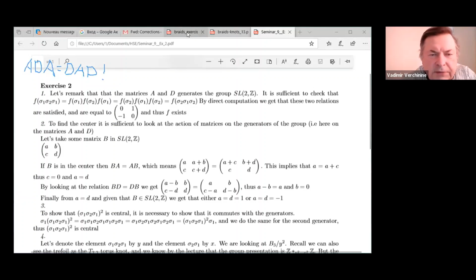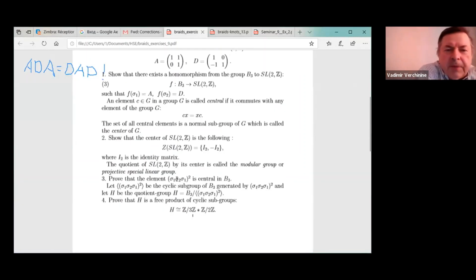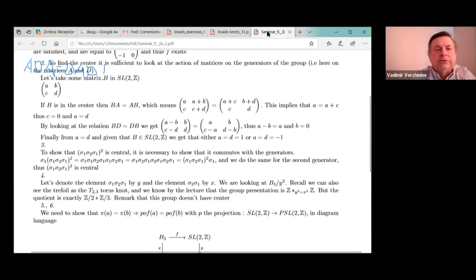Then the second stuff, what does it mean? We have some group theory. I remind, of course, I'm sure you know what this element is central. Central means it commutes with everybody. So, right. So this is how to verify that. Yes, but actually